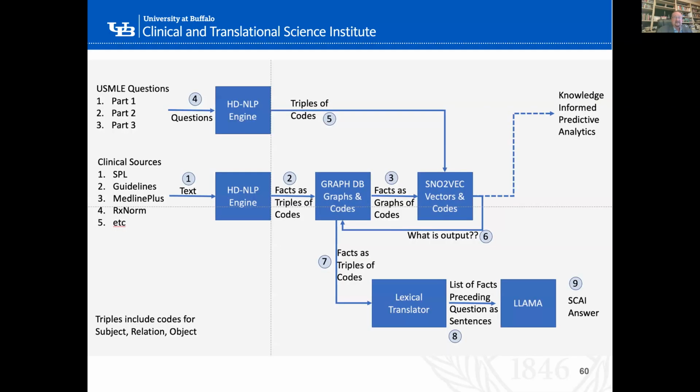So we did a study that's coming out in JAMA Network, that'll be published on April 22nd. Basically, we took the USMLE questions, which are the licensing exam questions for physicians in the country, and there are three step exams. We took each of them and parsed them with our NLP, and they came up with vectors. We built our own large language model, and we used that to feed into a pipeline that led into the Llama models. We tried different Llama models in doing this and compared the efficacy in a comparative effectiveness study.